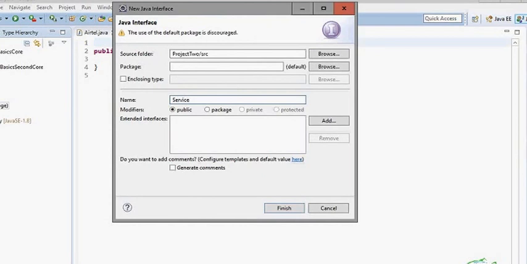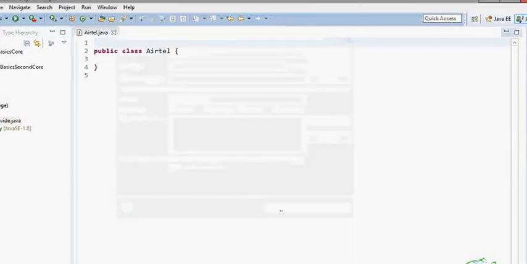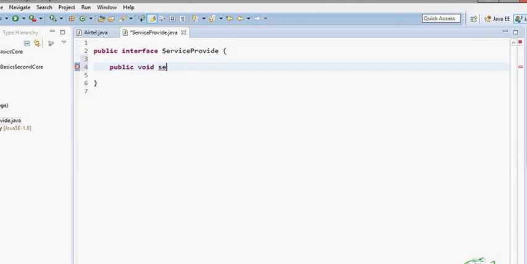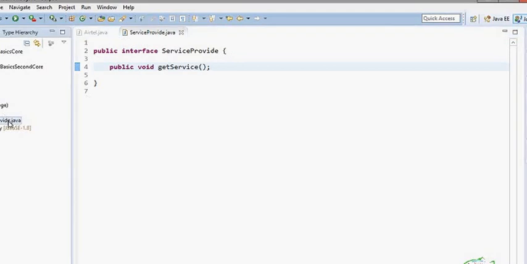This interface has only one method, public void getService. So we have designed one interface.